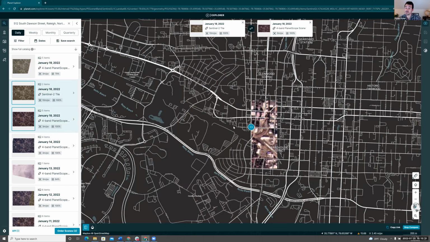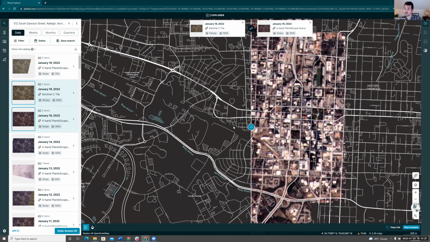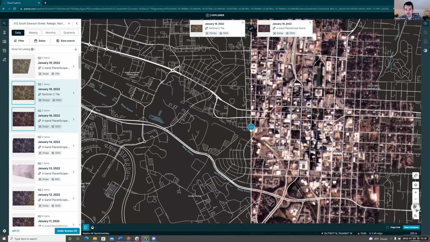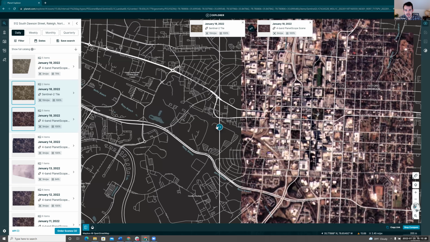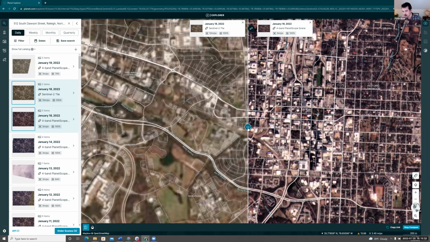Or maybe I have two different dates. Maybe one day is filled with snow, the next day the snow had melted. You can measure something like snow melt within a day. You can visualize that here. It's obviously taking a little while to load. There we go. So I can use this feature to compare between images,